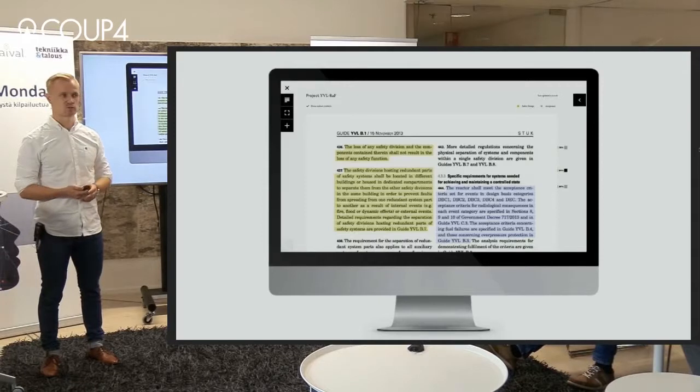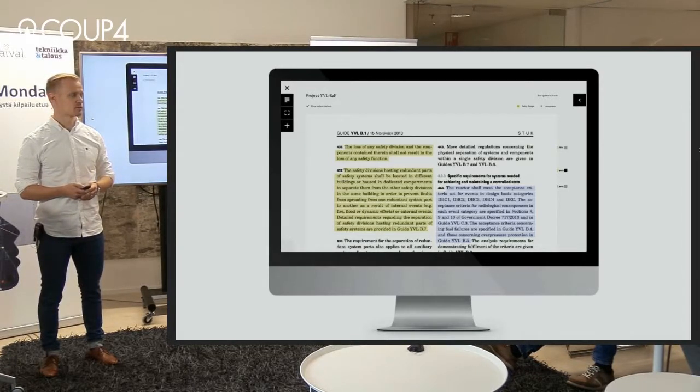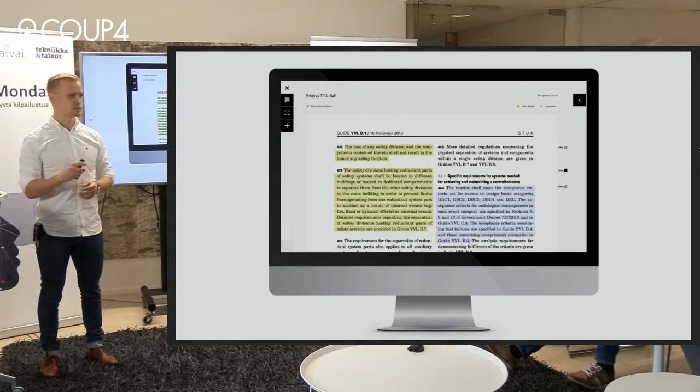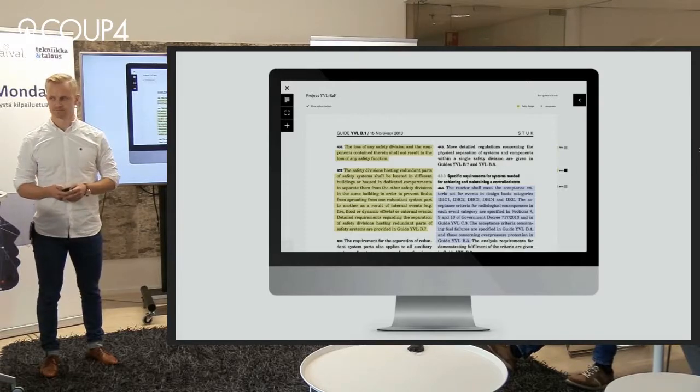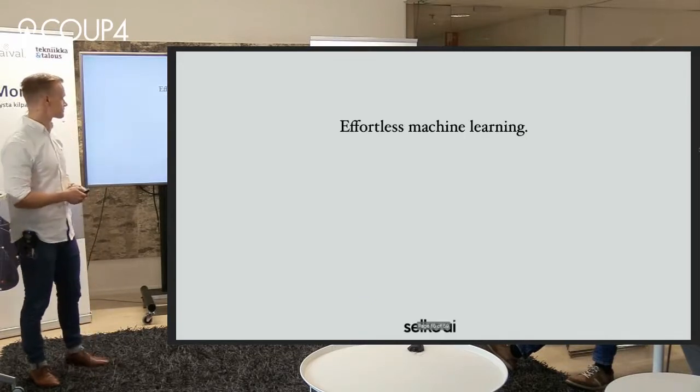So it's a tool that then highlights, based on the specifications you give, the data that you want to search from the documents. It finds and highlights these interesting pieces of the text for you automatically, and then shows it in the context of the original document.